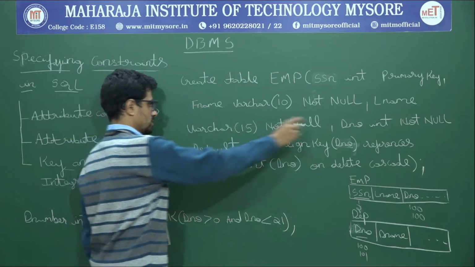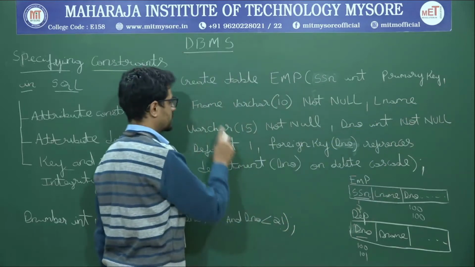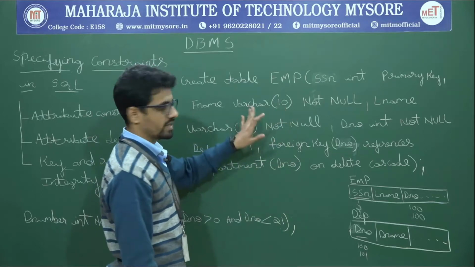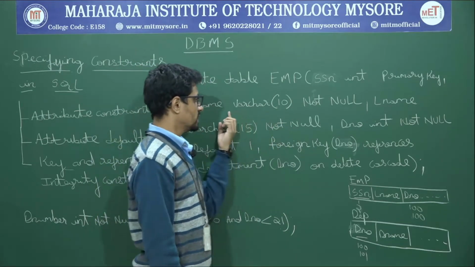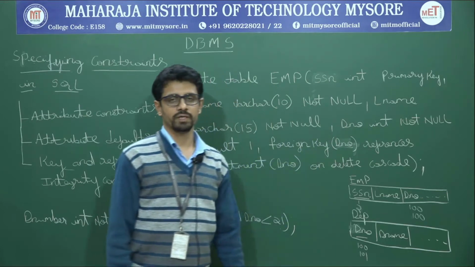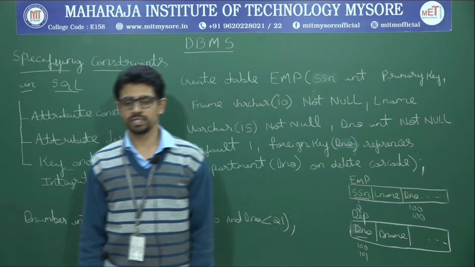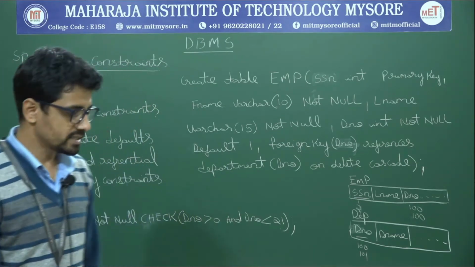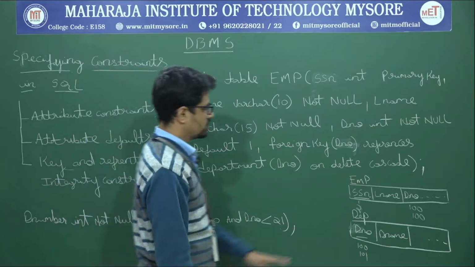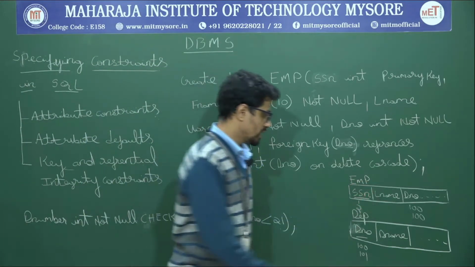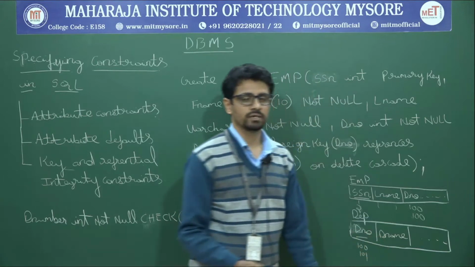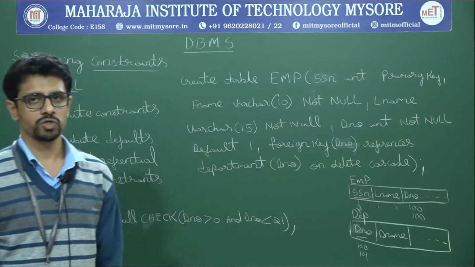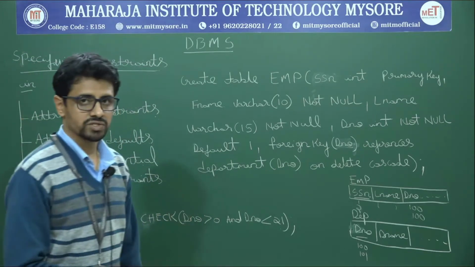I have a comma. I have continued the create table command syntax. So fname varchar of 10. So it's a variable character. As you know, variable character is what? Followed by that, I have given not null. What is this not null keyword, as in specifying a constraint in create table? It says that whenever you insert values into the employee table, you cannot leave this empty. What can't you leave empty? The last name of an employee should not be left empty. So that is the constraint I have given here.